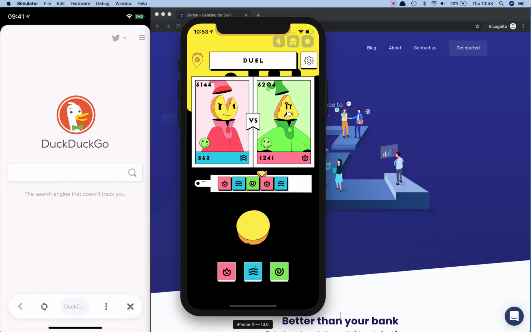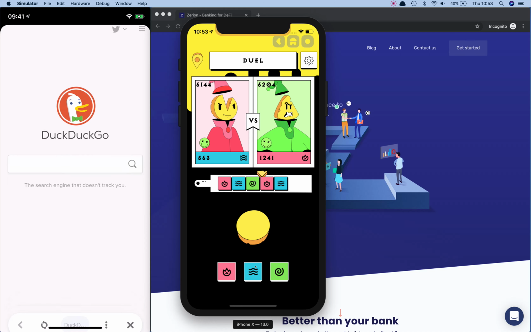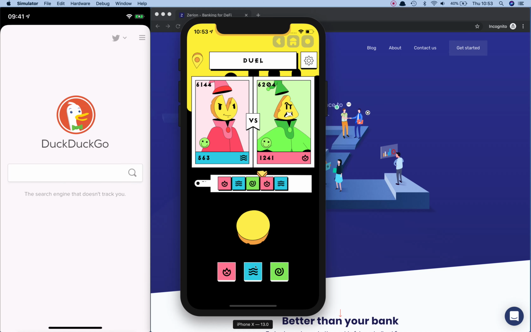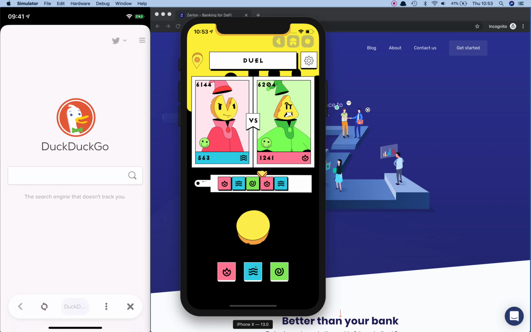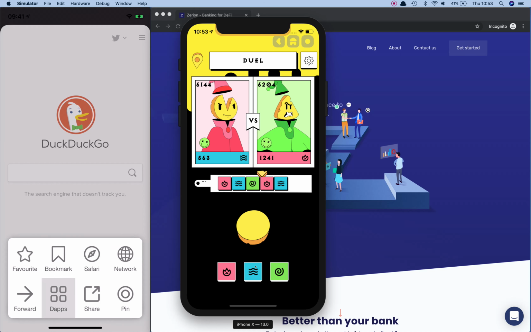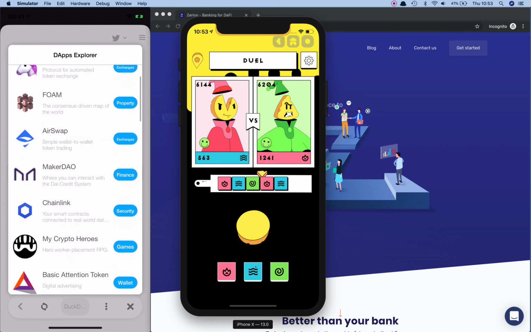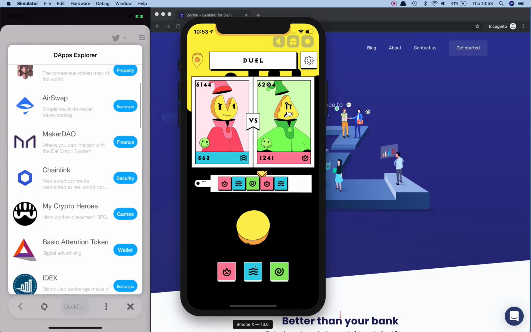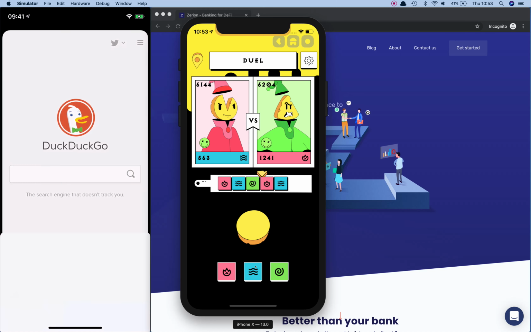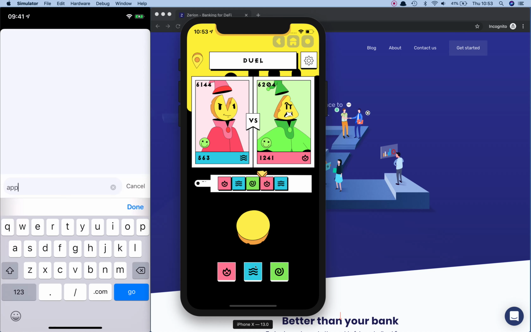We have an interface that makes it really awesome for progressive web apps or mobile web apps in general, where we have this pill at the bottom, and if you swipe up, you'll notice that you see the entirety of the application that you're using, and a user is fully absorbed into the experience. So we're really trying to get out of the way as much as possible in Alice, so that users can fully interact with applications. So if I was to go into another application, like let's just say Compound,